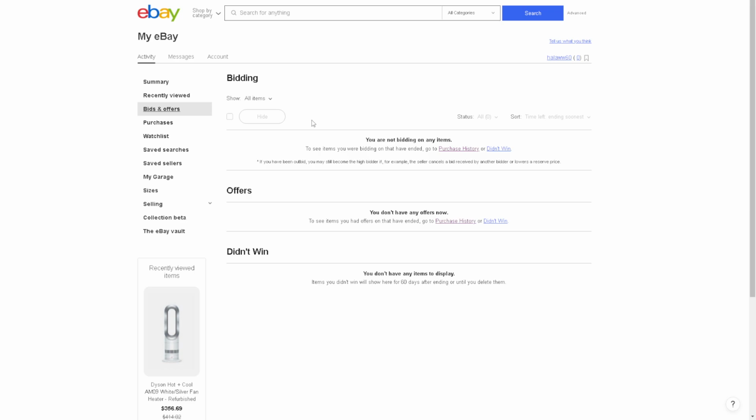Now, if the seller significantly changed their description of the item, then you can retract a bid. But these options are only applicable for up to 1 hour after making the bid, when the listing is ending in less than 12 hours. And again, be mindful that any other bids can't be retracted, but you can still contact the seller to see if they agree to cancel a bid for you.